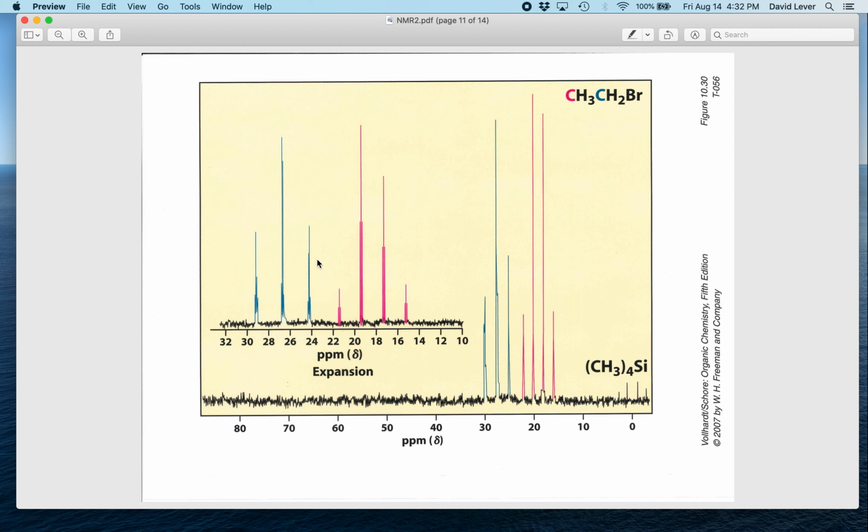And each of these peaks from the blue one is split into a quartet by the 3 hydrogens on the methyl group. That makes things messy. You'll notice the signal to noise is not very good here. So typically what we do is we decouple. You'll also notice that what's usually a singlet for the CH3 groups of the tetramethylcyanine is also split into